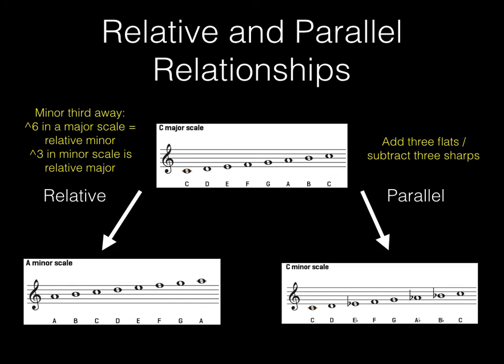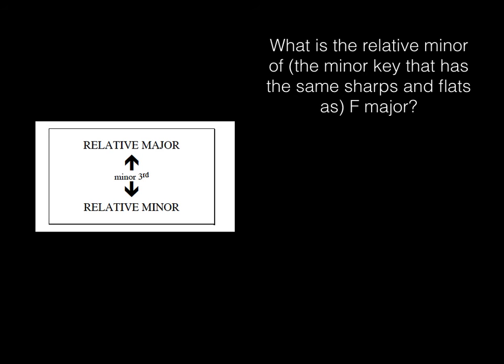and we will talk more about this in a moment, but let's go back to the relative relationship for a second. So the relative major is going to be a minor third higher than the relative minor, and the relative minor is going to be a minor third lower. So if we asked, what is the relative minor, that is the minor key that has the same sharps or flats as F major,